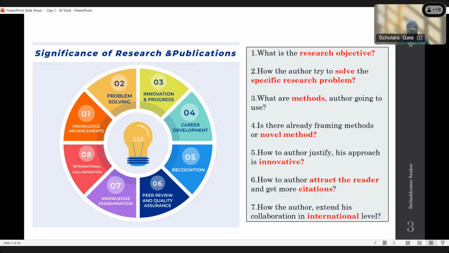And next, how does the author attract the reader and get citations? This is a big question, because one known researcher has published more than 50 to 60 articles, but his citation count is only 30 to 50. So attracting the reader and getting citations is a big thing nowadays.